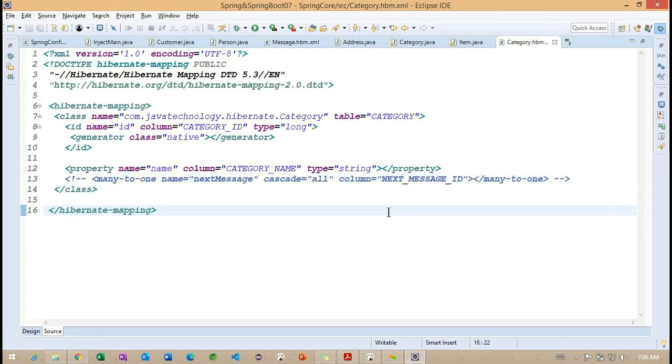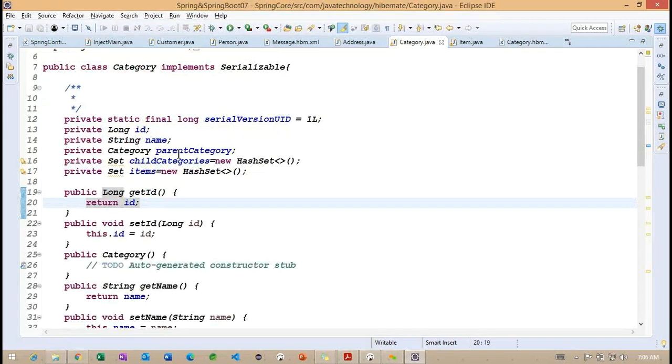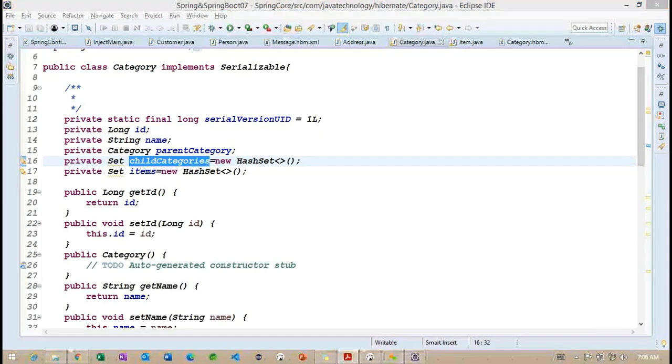We have more information on many-to-one because we have many-to-many relations and internally one-to-many relations also, because in the category class we have one parent category and child category. We'll discuss more on this parent category and child category, and how we can define them inside this mapping file.